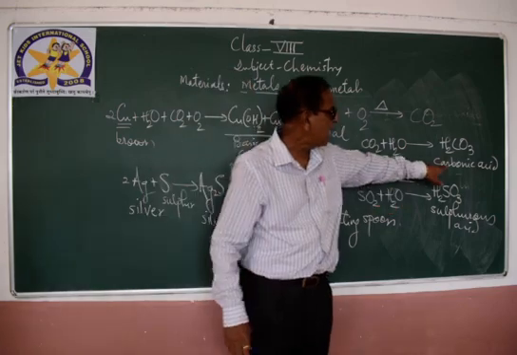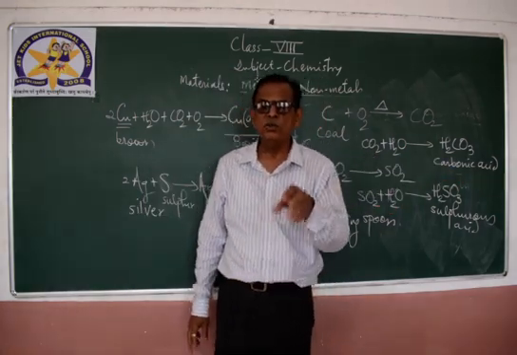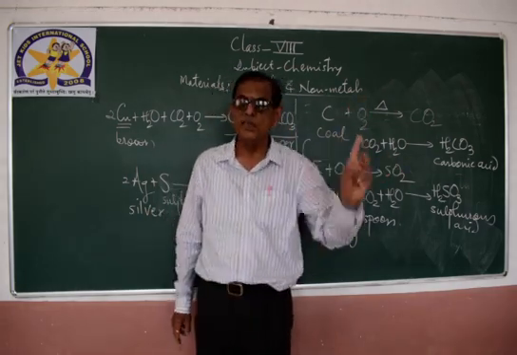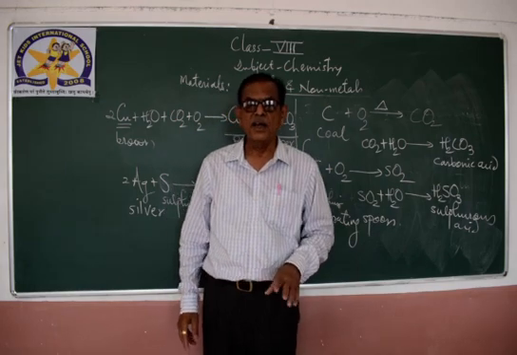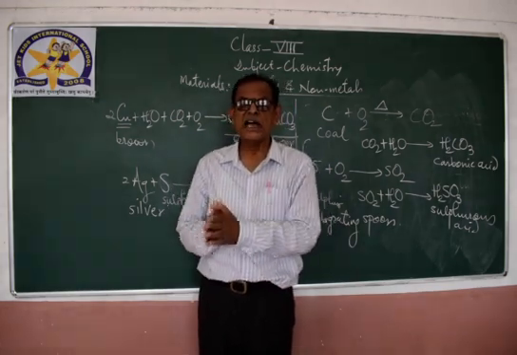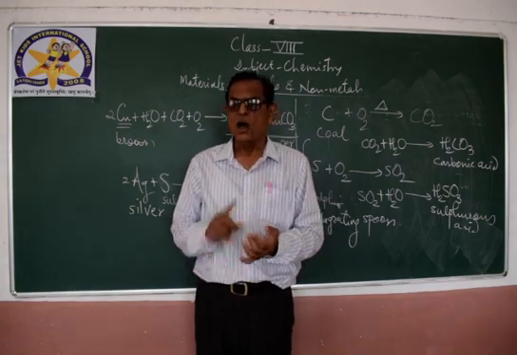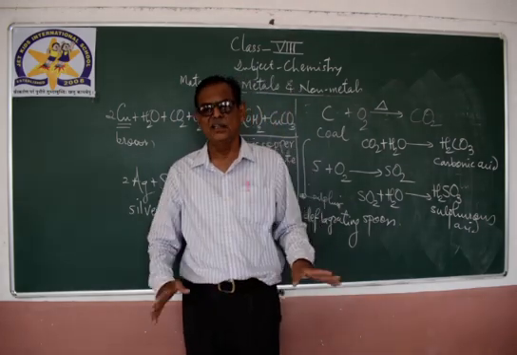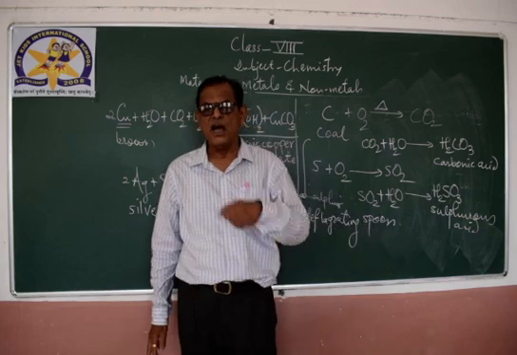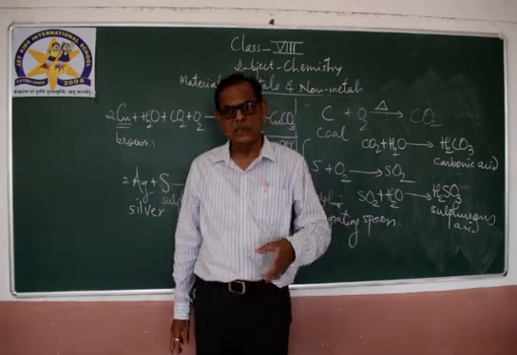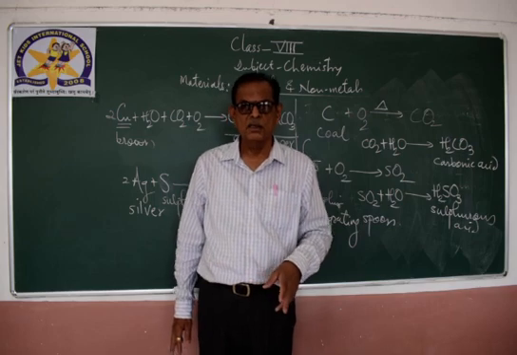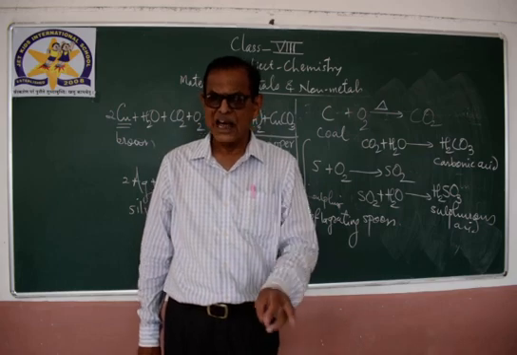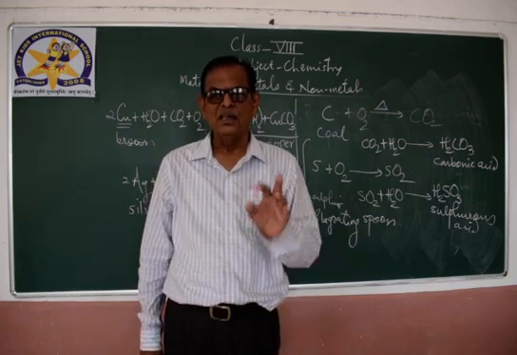And again, carbonic acid, which is formed by the dissolution of carbon dioxide in water, will turn blue litmus paper red, and in this way oxides of the non-metals are acidic in nature. So remember, oxides of the metals are basic in nature, oxides of the non-metals are acidic in nature. These are the important points, and in this way you can carry out the experiment for phosphorus also, then sulfur, etc.